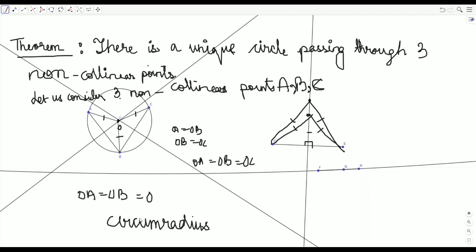The handwriting might not be that good because it is difficult to write, but you have got the thing, I guess. And the circle passing through these 3 points will be known as the circumcircle. This term is not used in the book actually, the book doesn't mention it,